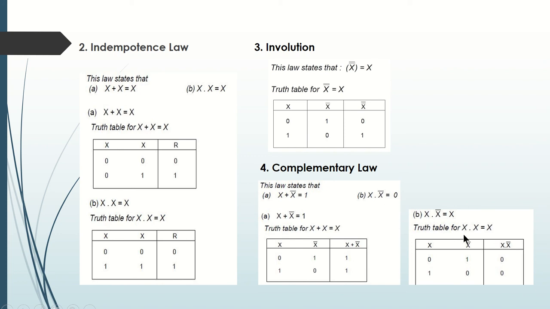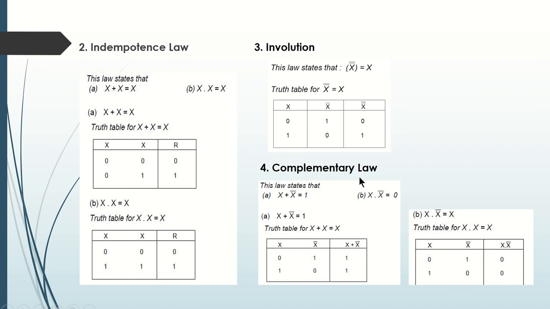How can you prove that? Here it is x and then x complement. For the value of x, 0 and then 1, x complement is 1, and for 1 the complement is 0. So when you do x dot x complement, it will become 0. And this particular expression is an example of what? Fallacy. What do you mean by fallacy? For any expression, if the result is always 0, then the expression is said to be a fallacy.